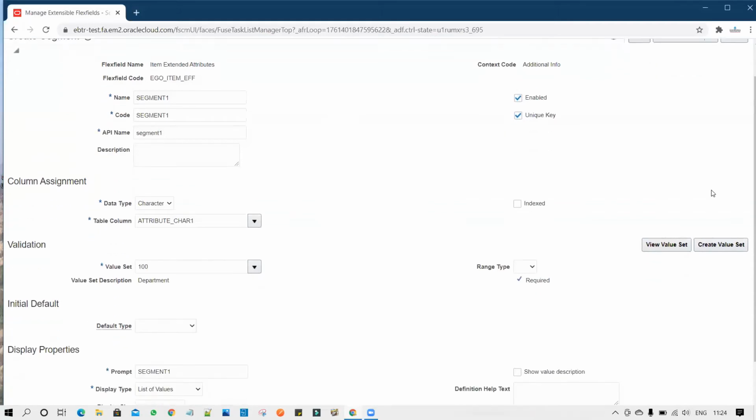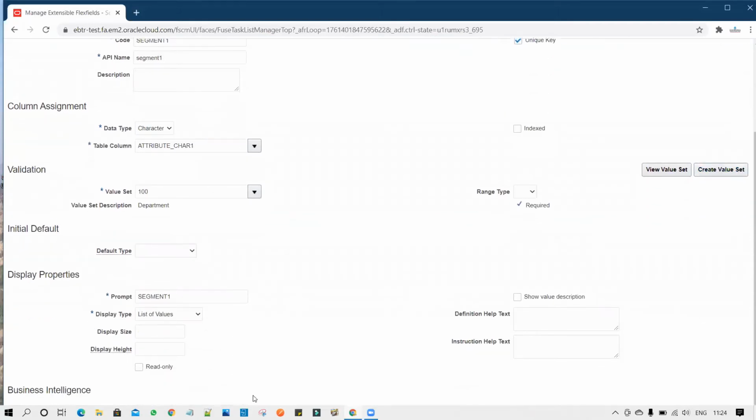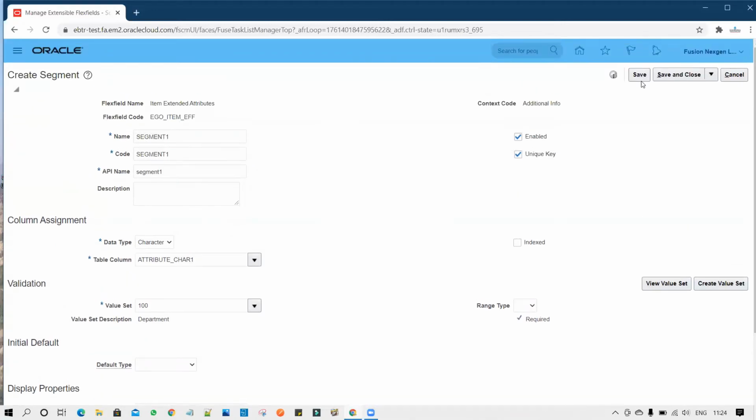Now you scroll down. If you want to put a definition, you can put it in the section. Now save it and click on save and close.